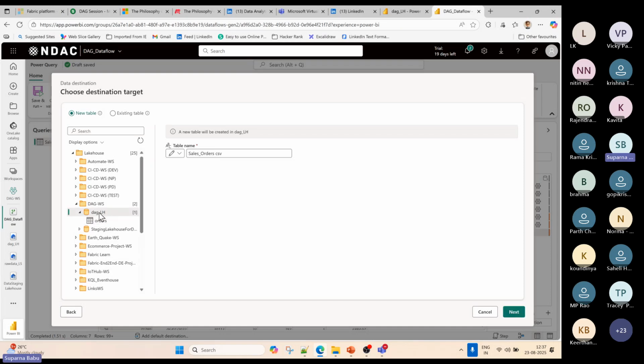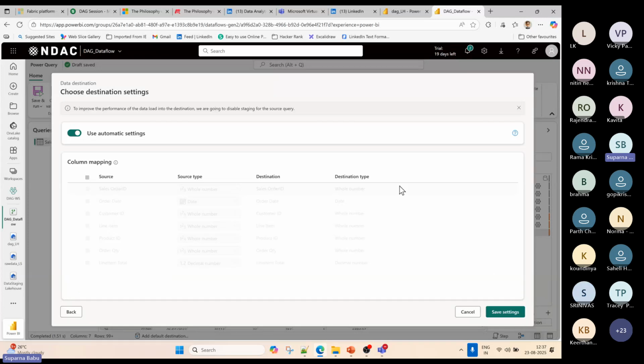Okay, it is selected. Now I will remove orders, and here I'm loading this as a new table. This is sales order; let me change this to TB, TB stands for table. Now let's click next.